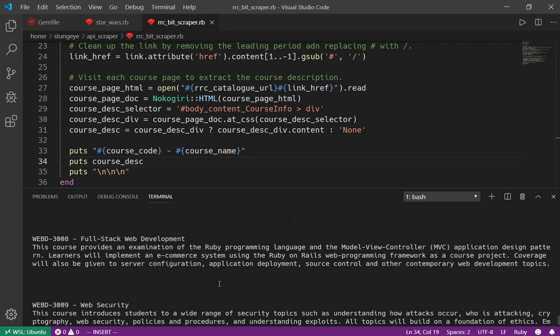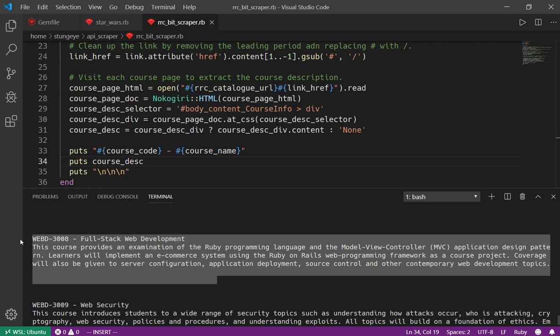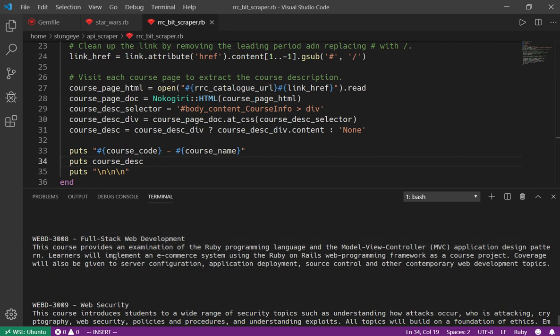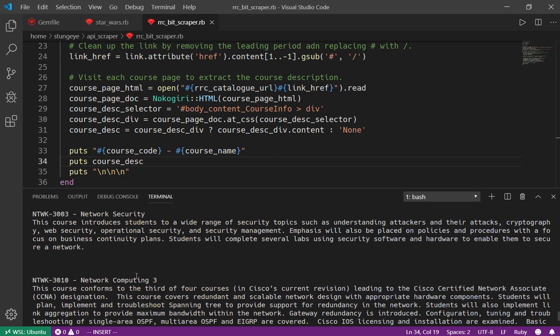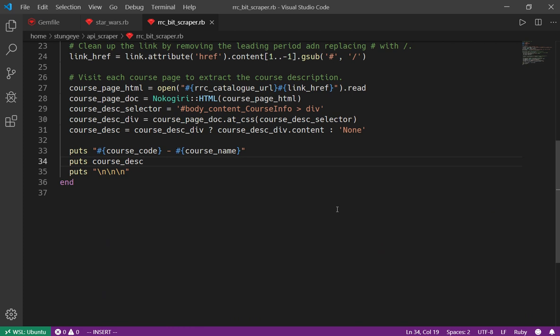And there you are. And there's full stack web development, the course that you are in right now. There's all the other courses and their titles and their course codes. And we've built a simple little web scraper. So just to recap,